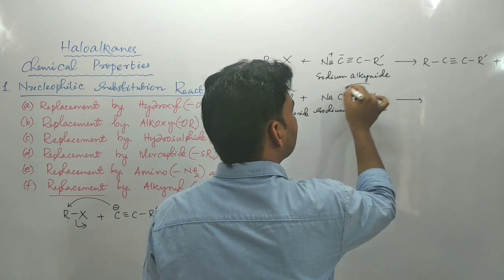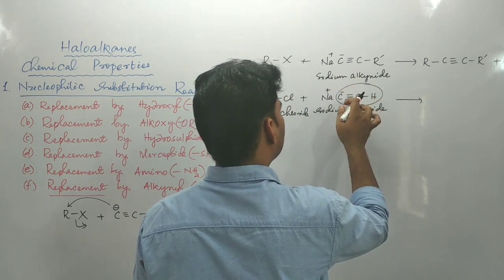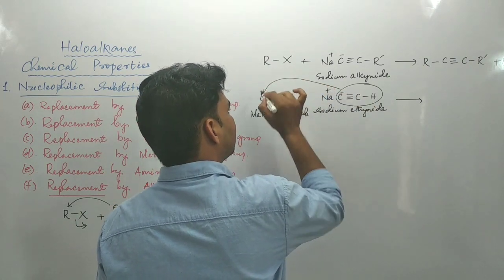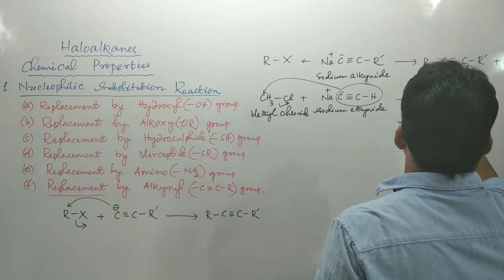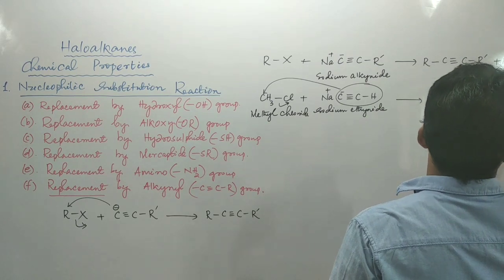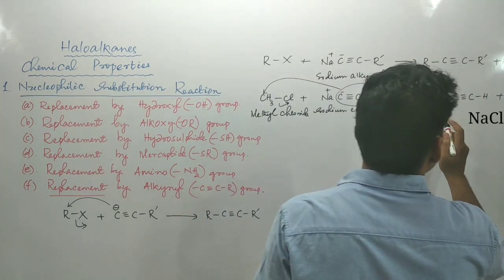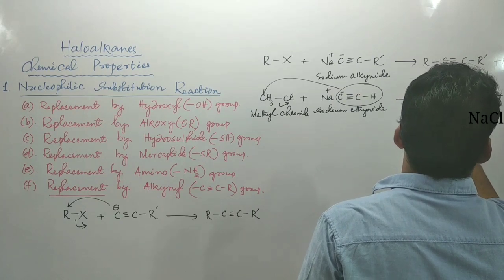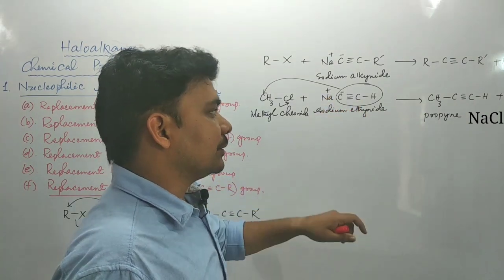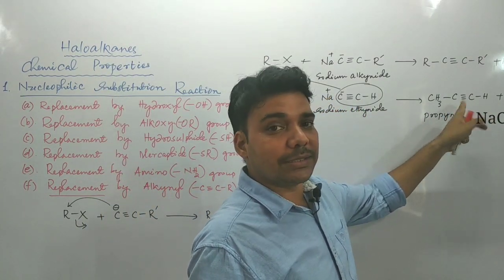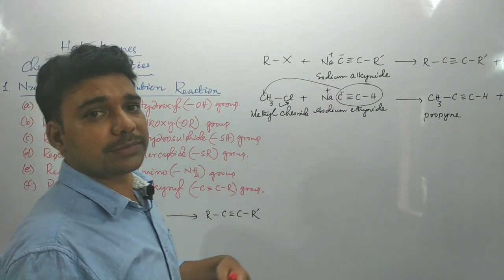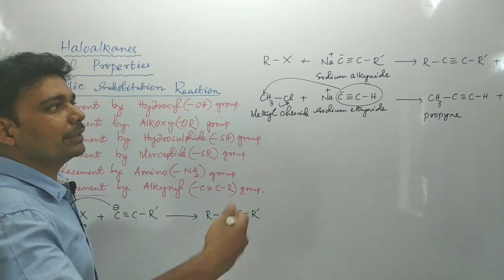This is your nucleophilic part. This nucleophile will approach this carbon such that this bond will be broken and Cl- will come out. So you will get CH3-C≡CH plus NaCl. So this is your propyne. In ethynide, 2 carbons were there, but the alkyne formed here contains 3 carbon atoms. So we can increase the number of carbon atoms. This is ascending of series where the number of carbon atoms can be increased.